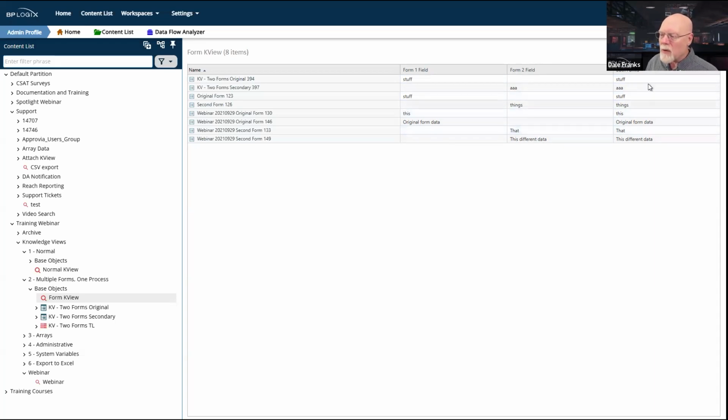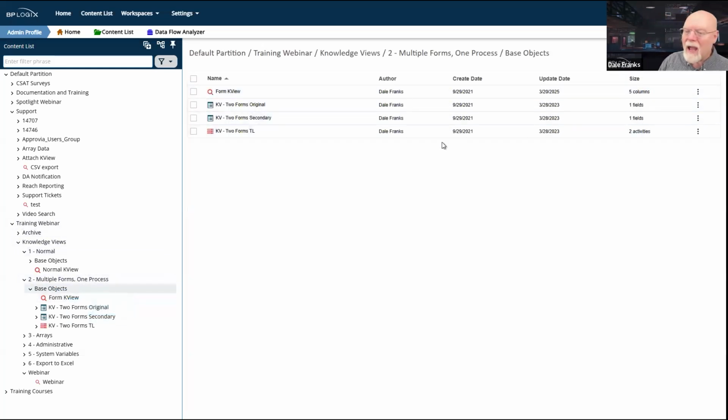I can just display this row and every row will have a value, because every form has an input 1. In the context of whatever form instance is the context for that row, it's going to return the proper data for that form instance. So I can concatenate multiple values from multiple forms that I'm using in the same process timeline.